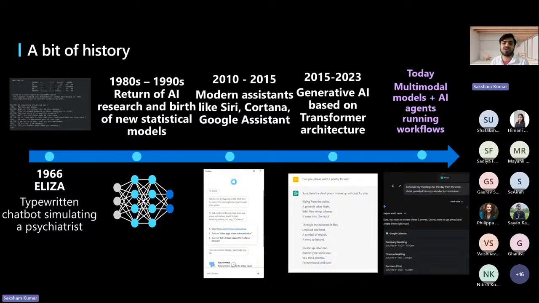It led to multiple important successes too, such as Eliza. If you search Eliza on the internet, it's the first written chatbot, which acts as a psychiatrist. You can just type it out. If I get some time, I'll also demonstrate it. If I type out anything, it'll give a very generic response. If I say, what is my name? It will say, okay, you should take some medicine.